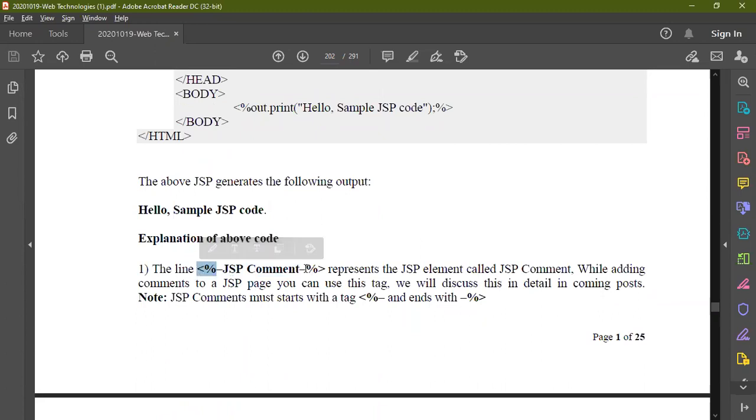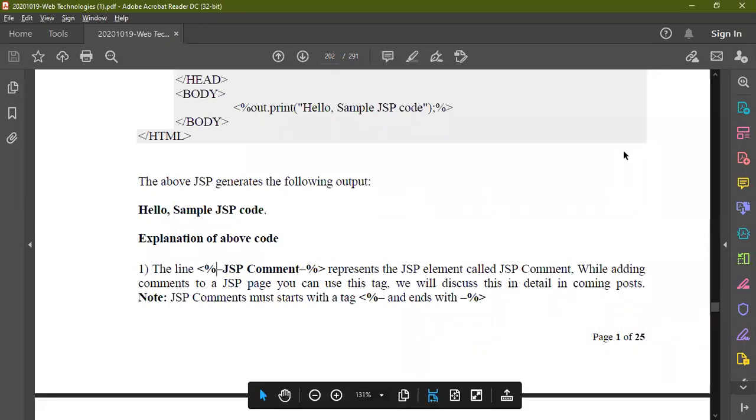These are known as JSP tags. Whatever you write in this less than percentage symbol, whether a comment or any Java code, should be written inside these particular tags. Like you have an opening tag and a closing tag in HTML, the same should be done here.